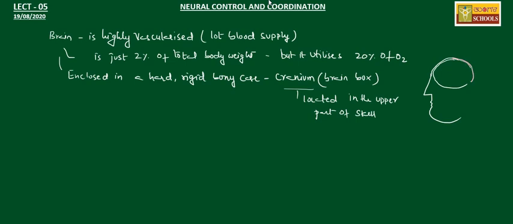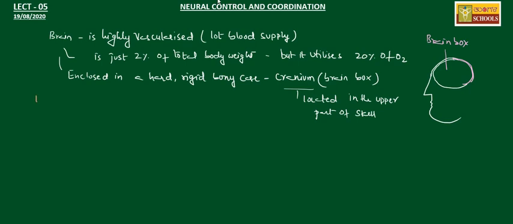So this is the location where we see the brain box. The remaining portion is the skull. So the cranium is located in the upper part of the skull, and here the brain is enclosed by three